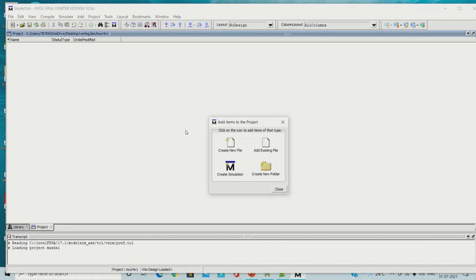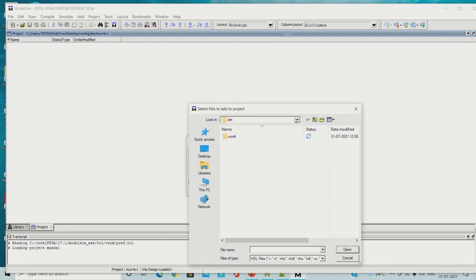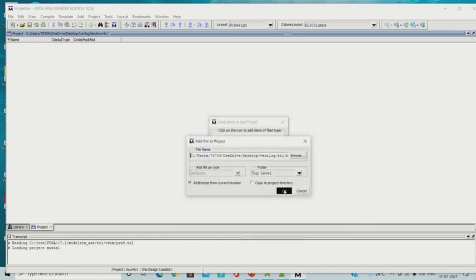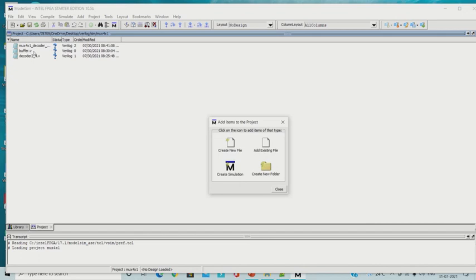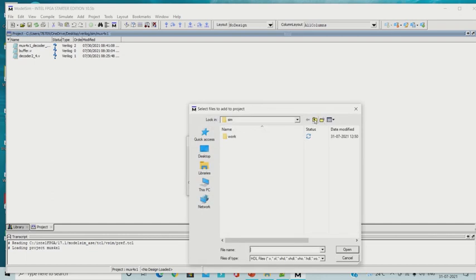Now as I have already written the Verilog code files, you have to go to add existing files. Okay, so after add existing files you have to browse, and go into the RTL folder, and from the RTL folder you select all these 3 codes, and you have to click open. And after this you can see all these 3 files will be present here. Okay, so after this we have to also add the test bench files. So again for adding the test bench files you have to go with add existing files, then you have to browse to the folder TB and add these files. Okay,